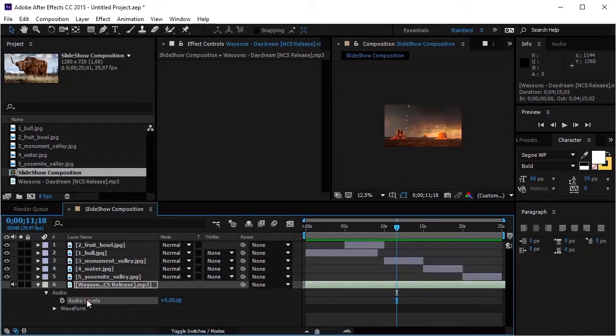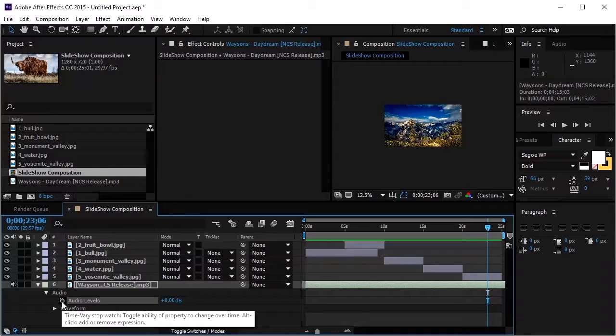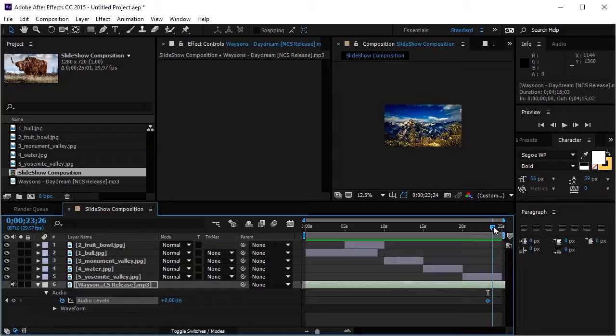You can do it with the audio levels property, as we showed with the fruit bowl image. You can change the properties of the audio too, and we're going to do it at the 24th or 23rd second here, and we start recording properties by clicking on the little clock here and move the cursor, because a keyframe is created now, at the end, and create a keyframe with the sound very silent, minus 30 dBs. And if we listen to it,